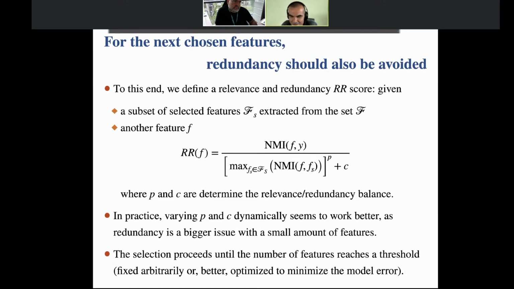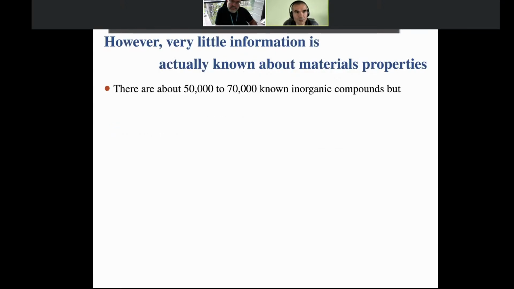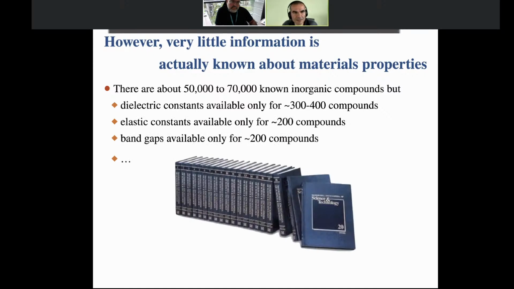I guess that refers to the number that I was showing at the beginning, if I understand the question correctly. Let me just show the slide. I guess that refers to these numbers here, the band gaps and elastic constants, not lattice constants, because I didn't speak about the lattice constant. Possibly, yes. If you typically go into Landolt and Bornstein, that's the kind of numbers that you would have. You would have the lattice constant and the elastic constant for about 200 materials. These are just numbers, and it's a bit larger than that.